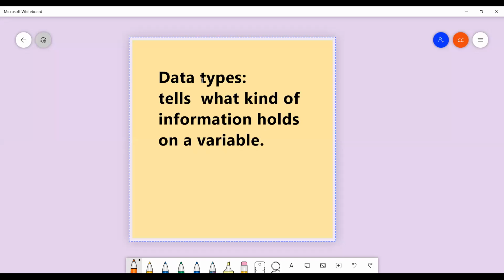This is the definition of a data type. In the C language, there are four types of data types available.